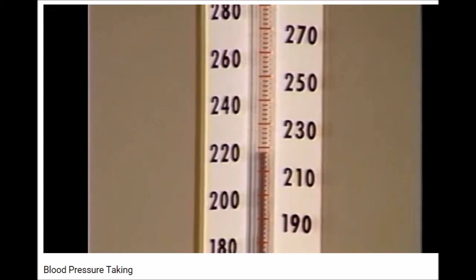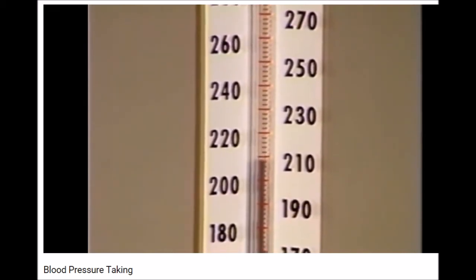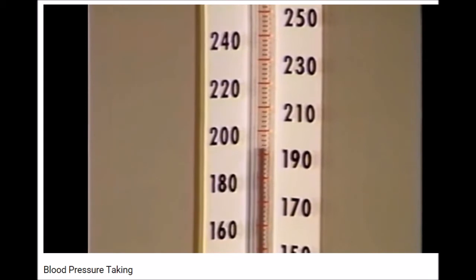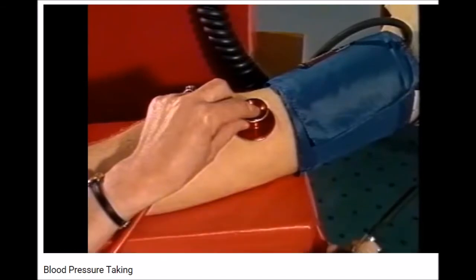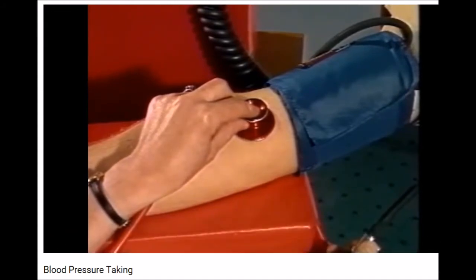And now you can see it's slowly being released. And while it's being released, the nurse or doctor is listening for the heartbeat with the stethoscope. You should hear this now. Initially, the pressure in the cuff blocks the heartbeat from reaching the elbow. But as the pressure in the cuff decreases, the heartbeat will be able to pass the barrier, and then the